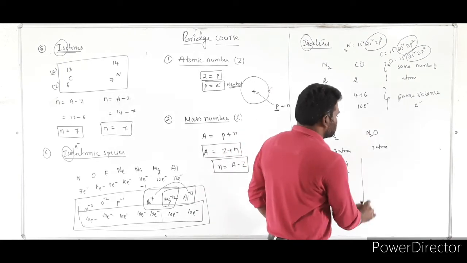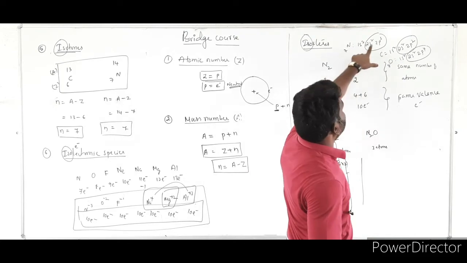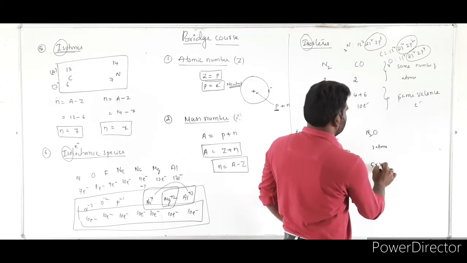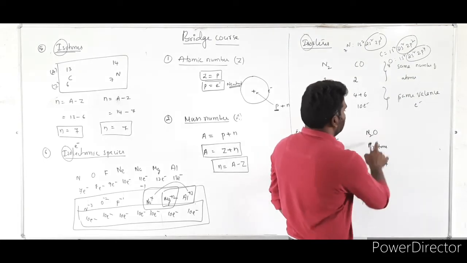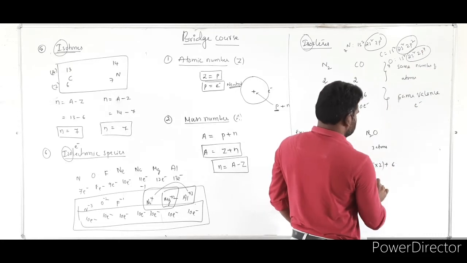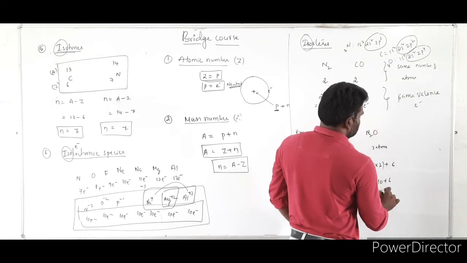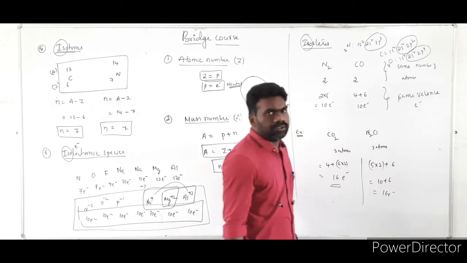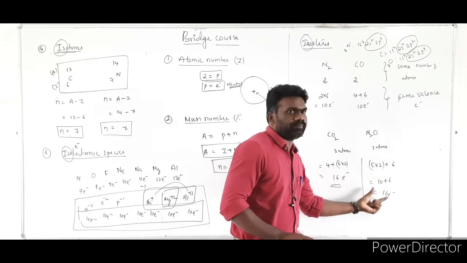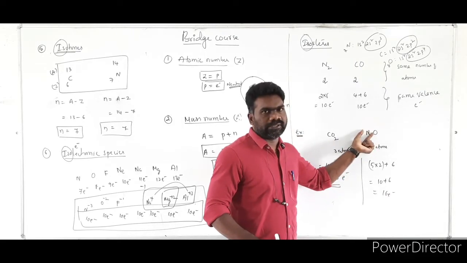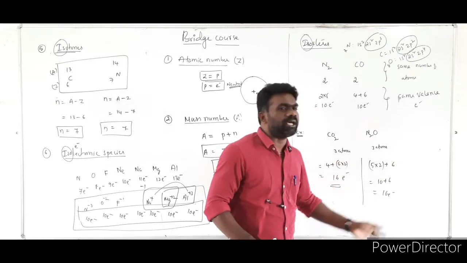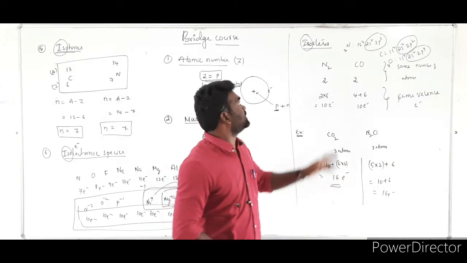Now coming to this case, nitrogen: number of valence electrons is 2 plus 3, that is 5, so 5 into 2. Plus oxygen: number of valence electrons is 2 plus 4, that is 6. So that is equal to 10 plus 6, that is equal to 16 electrons. So what we find here is that two different molecules have the same number of atoms and the same number of valence electrons. Such types of species are called as